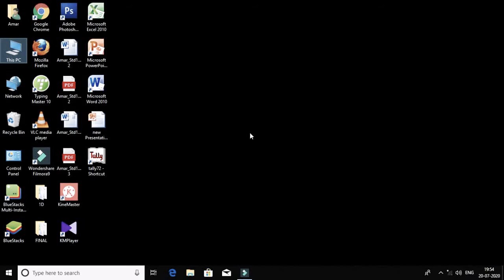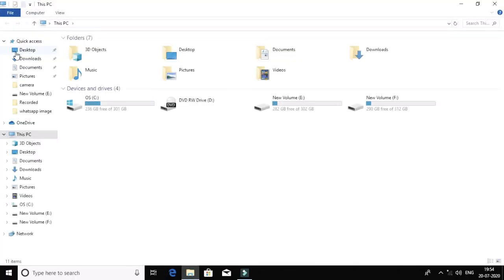Okay, now what happens when you do double click here? See, I am doing double click. The icon opens, isn't it? So in single click the icon gets selected, in double click the icon opens. Okay, now right click.